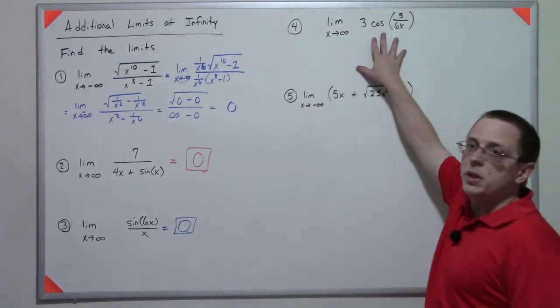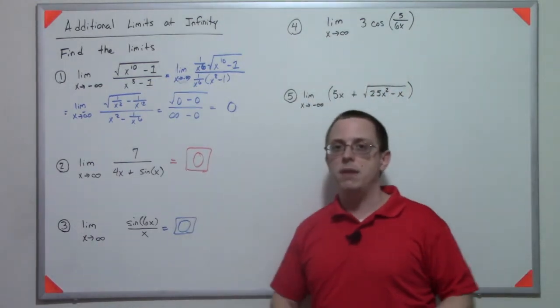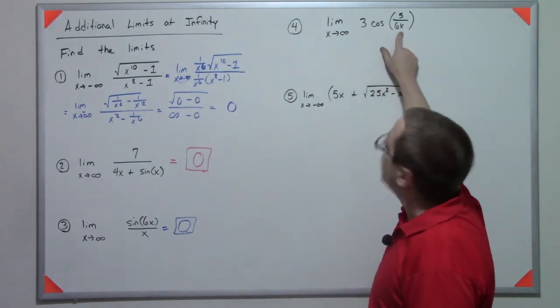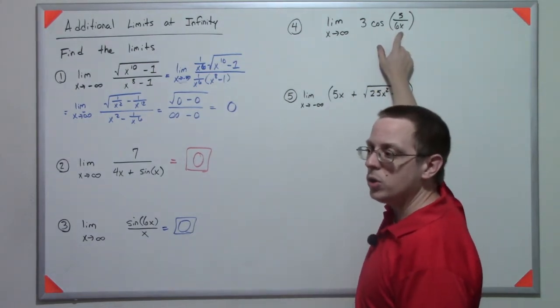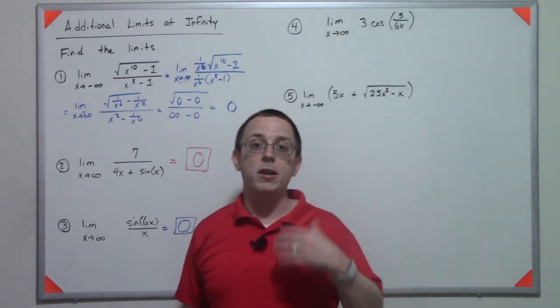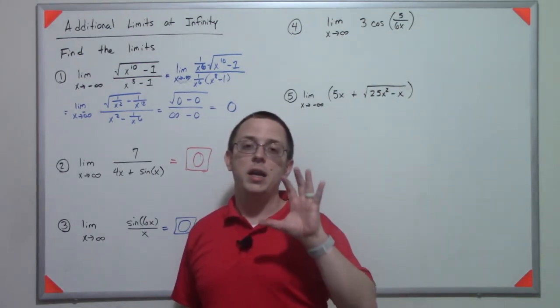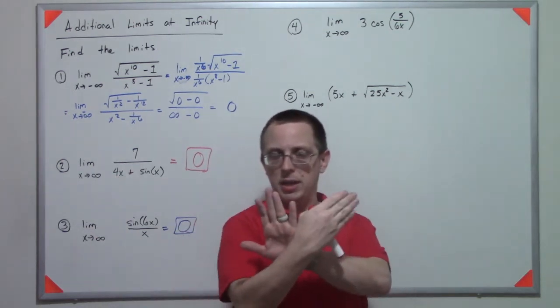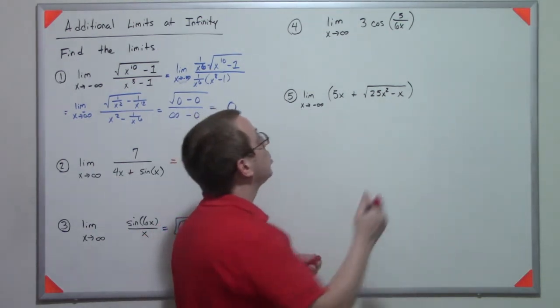Over here we have something that looks similar to this but actually behaves completely differently. And that's because it's the cosine, the x is inside the cosine. Now if you remember about continuous functions, if you're taking a limit of a continuous function, you can pass the limit inside. Remember, this is equivalent to saying